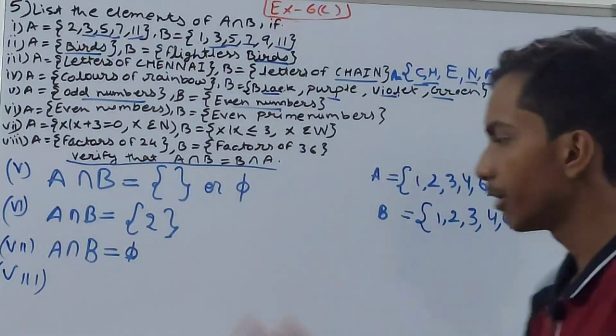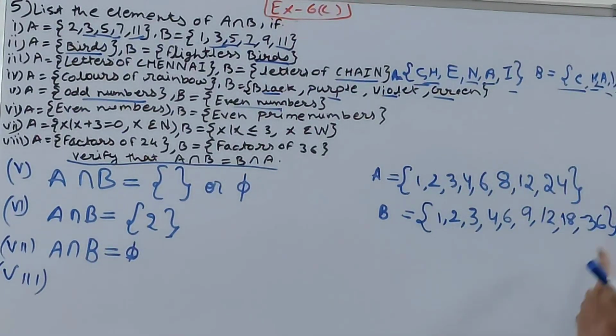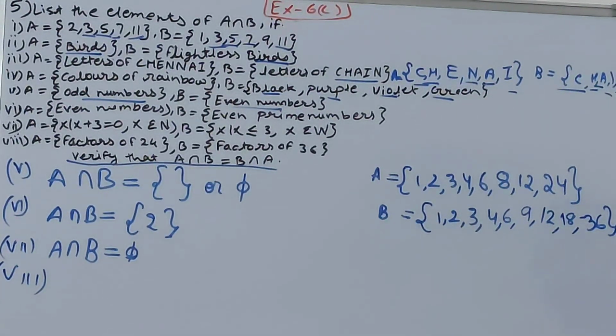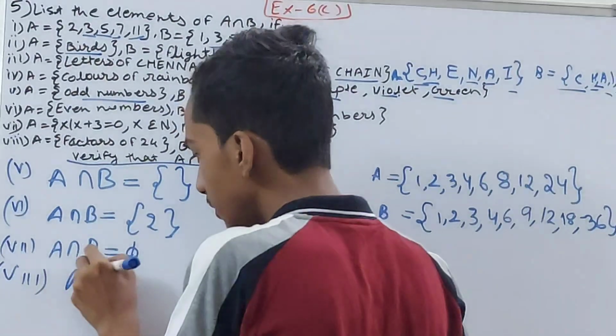So 1, 2, 3, 4, 6, 8, 12 and 24. These are factors of 24. 1, 2, 3, 4, 6, 9, 12, 18, 36. These are factors of what? 36. And A intersection B will be equal to